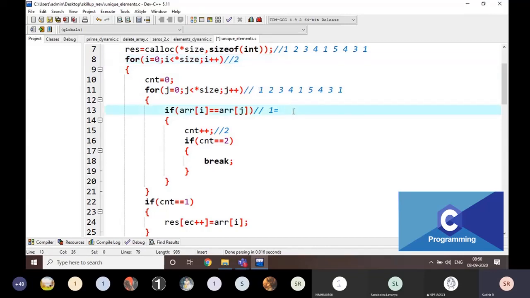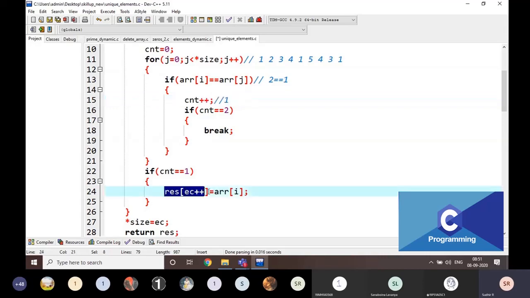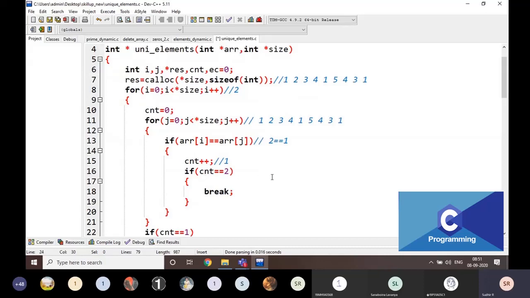I am going to compare: is 2 equal to 1? No. Is 2 equal to 2? Yes. Then the count becomes 1 here. Okay. Then is 2 equal to 3, is 2 equal to 4, is 2 equal to 1, is 2 equal to 5, is 2 equal to 4, is 2 equal to 4, is 2 equal to 3? It is going to be 1. Yes, it is coming outside now. The count remains 1 only. That's why it is going to be inserted into this one. Okay, does everyone understand what I am doing here?